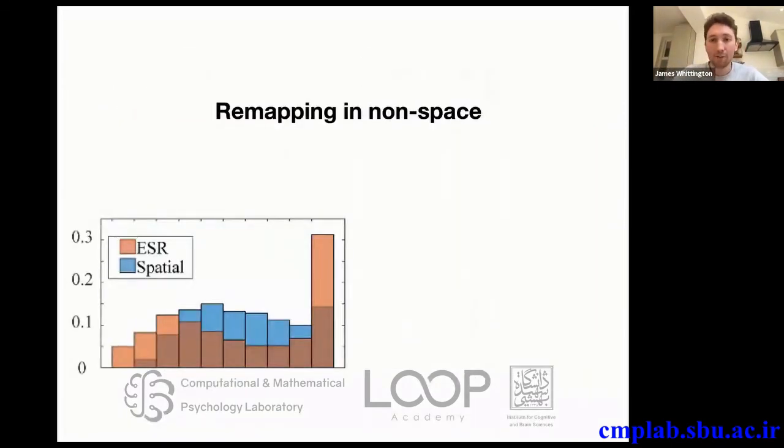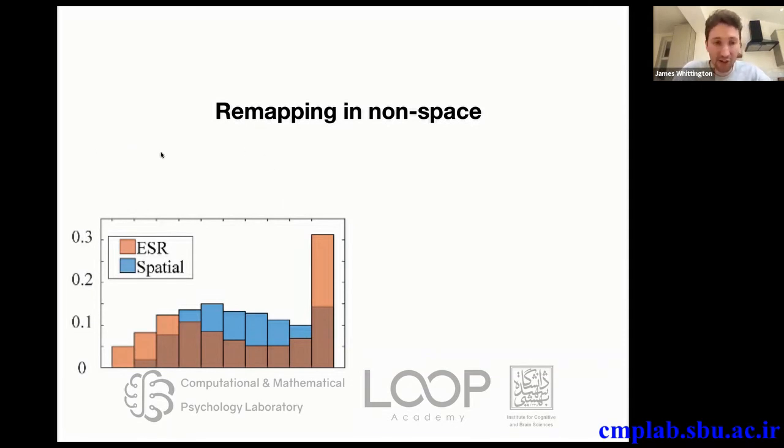Okay, so one final little analysis. What we showed earlier with the simultaneous recordings of place and grid cells was that remapping was not random. It was, in fact, that place cells seem to preserve some information about grid cells after remapping. But one of the additional experiments that Chen Sun did in this 4 lap task was that